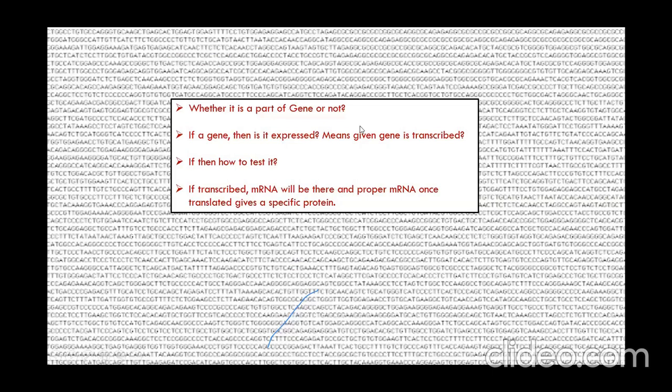So one of the important things is whether the given sequence is expressed or not. If expressed, a specific mRNA will be produced. That gives him a good handle on studying gene function, which is mainly what he is interested in: what protein it codes for from the genome. So he can deduce something from it. Also, given a genome sequence, sometimes the genome may not be DNA. It may code only for RNA, and then you may isolate only RNA genomes.